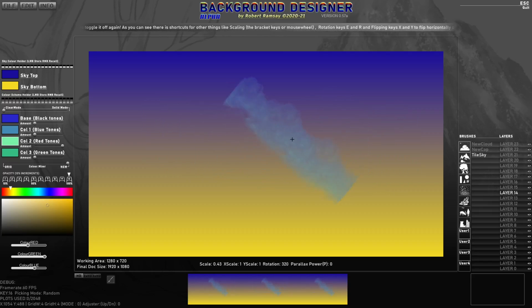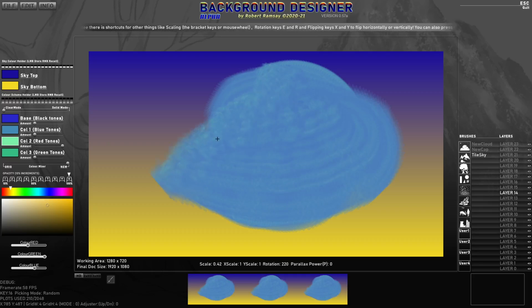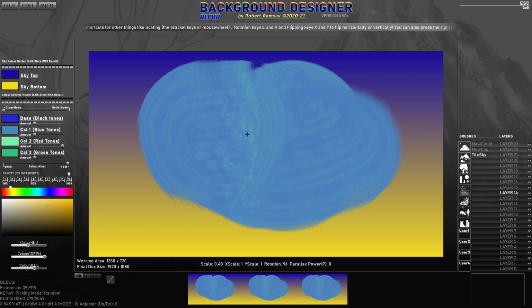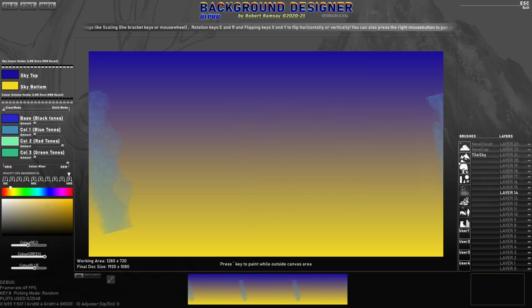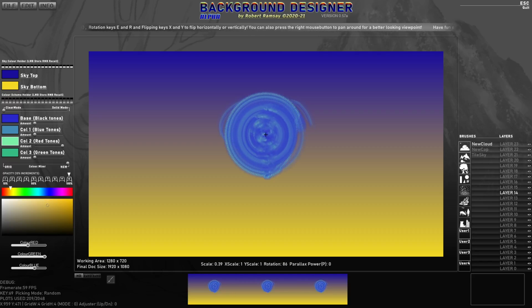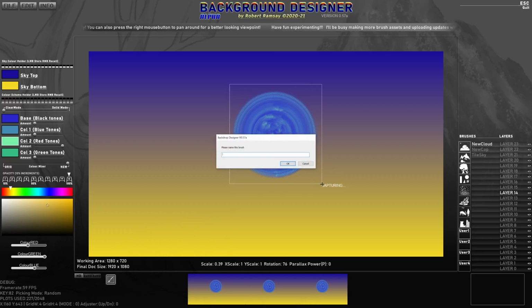You can rotate as well, hold down shift and you can get these nice sweeps. So shift and R, shift and E, and holding and pressing. So I could use that brush there and do something like that. Let's do another one actually. Make a nice shape, and then grab that. I'll call it swish,